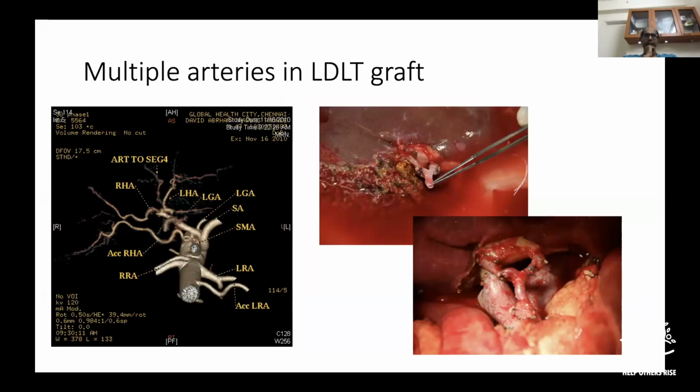If there is pulsatile back bleed through the smaller artery, then I think we can be reasonably sure that there's good collateralization at the hilar plate level, and we can safely get away with doing a single anastomosis. Whereas if there are two arteries of similar size, or if the back bleed is not pulsatile or not very good, then we do a double artery reconstruction, which can be with a backtable Y graft taken from the